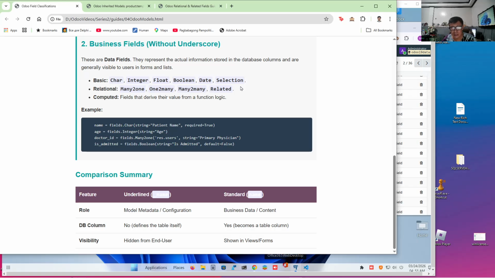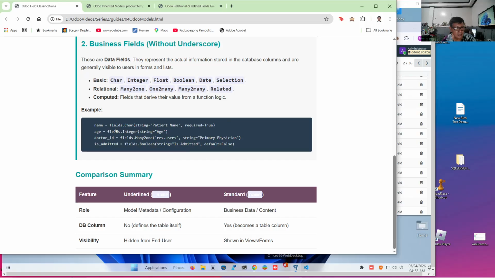Selection types are those that we use in a combo box, and in a status bar widget in an Odoo dashboard. There can also be relational fields. We will explain this in a different video. There's many2one, many2many, and related fields. There are also computed fields, fields that derive value from other function logic.